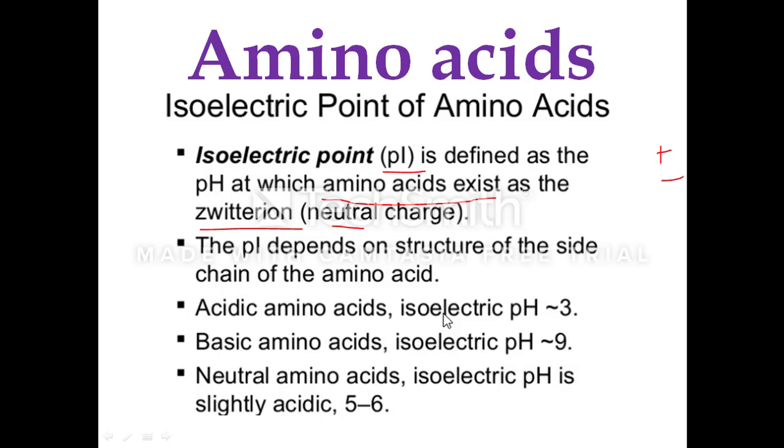That pH where it shows both the positive and the negative charge but no net charge on its surface is called the isoelectric point. It is represented as pI. Because of the presence of the two dissociable groups,